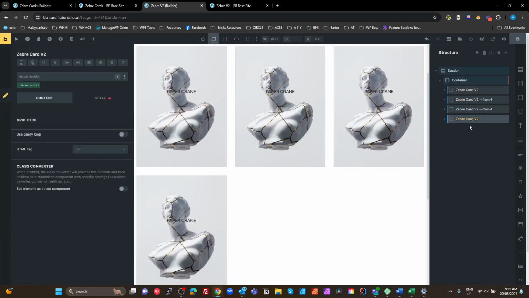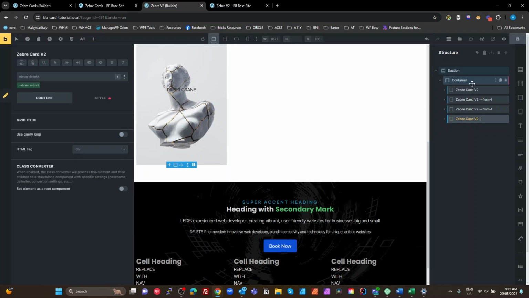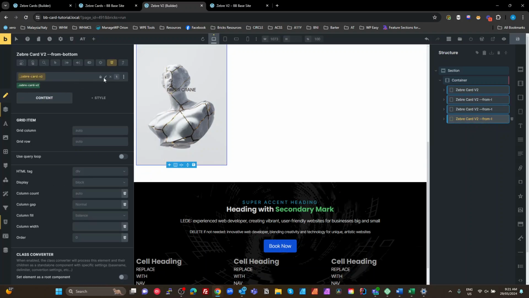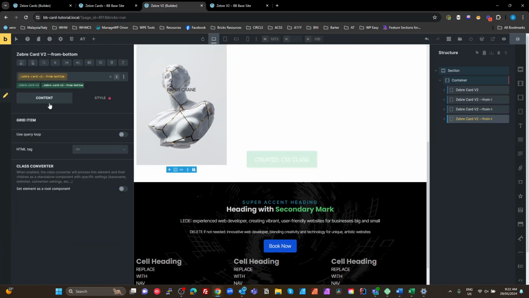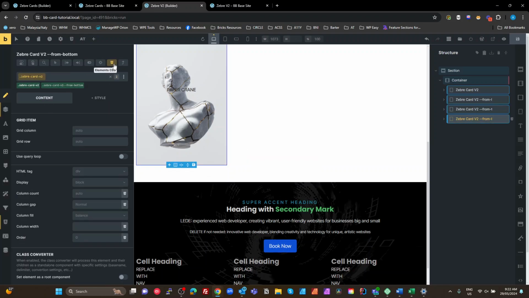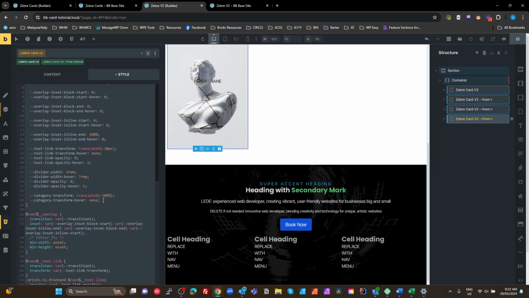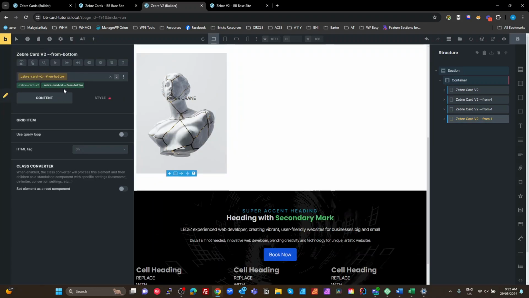from bottom. Okay, we're going to again grab our class name there for the block, and we're going to call this from bottom. Yep, okay. Do the same thing, grab all of our variables here, go to our modifier,